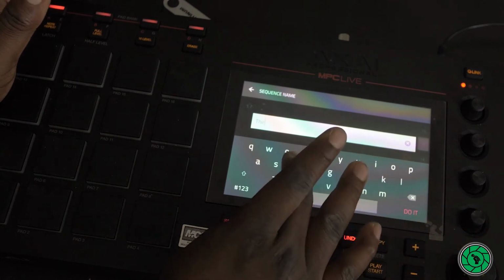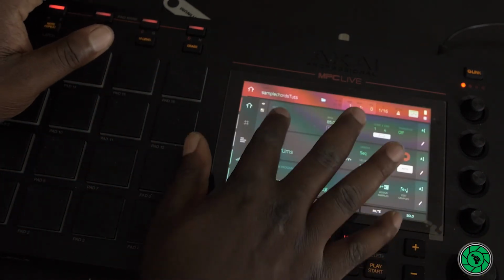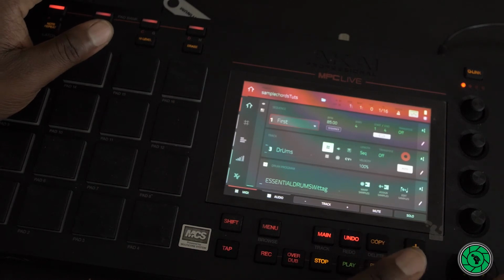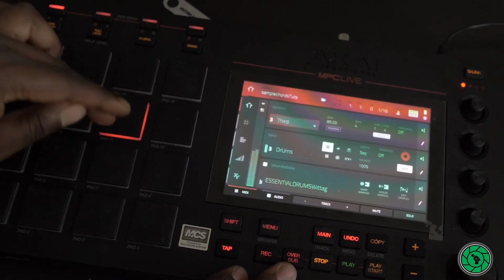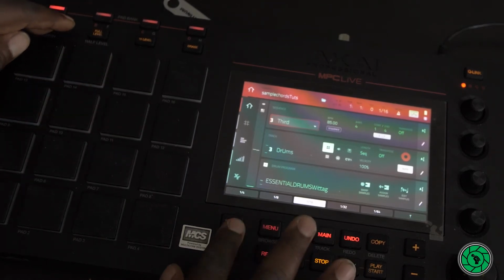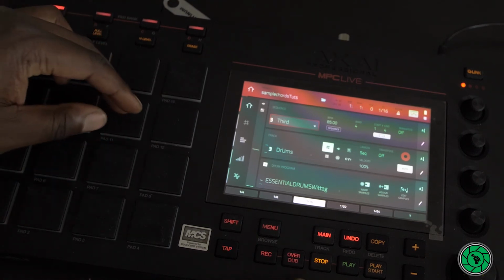So we have a third sequence. Okay, so now we have the first sequence, second sequence, third sequence, and in the third sequence we want to add some more elements. Okay, so let's add that. Let's engage the note repeat just to